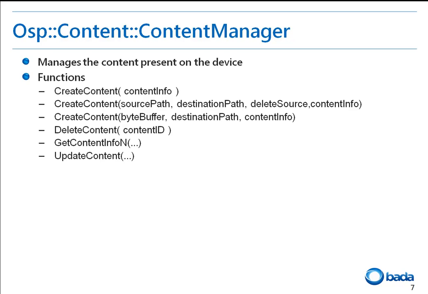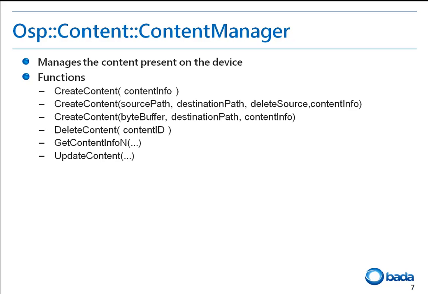Third, if the file is present in the buffer and content creation has to be done for this, then you can use the Create Content API with the byte buffer, destination path, and content info parameters. The destination path should start with /media or /storage card /media. When a user deletes existing content, its content information is deleted from the content database, and also